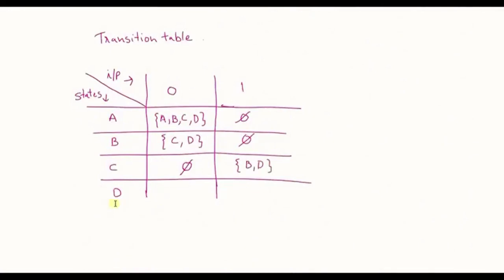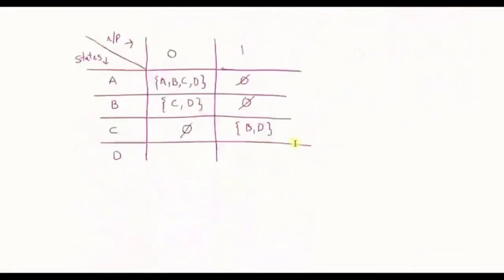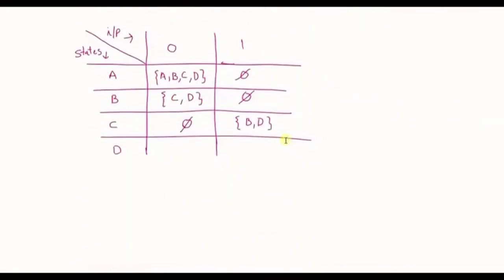And finally, the transition of state D on 0 gave you D itself, and D on 1 gave you null. Now please note, unlike the subset construction technique that we had seen while converting the given NFA to DFA,